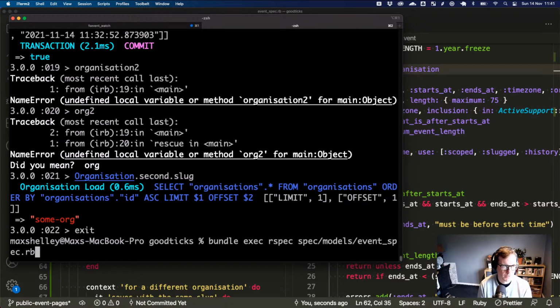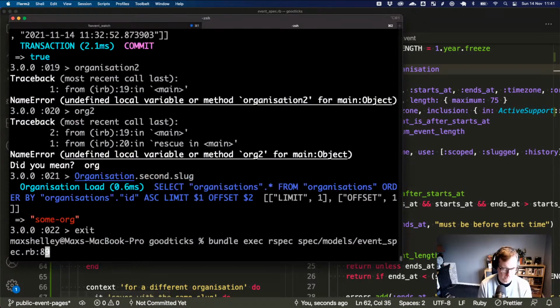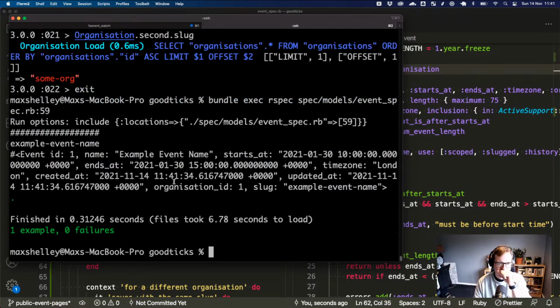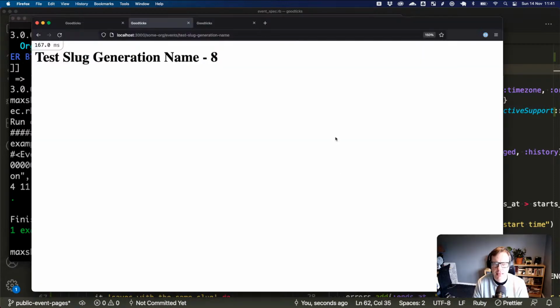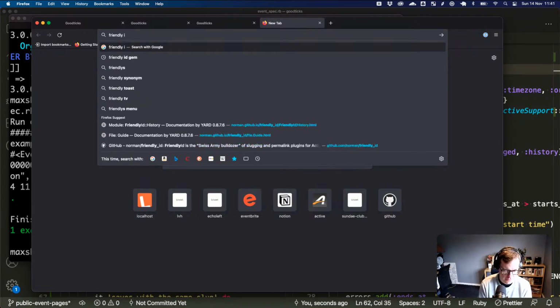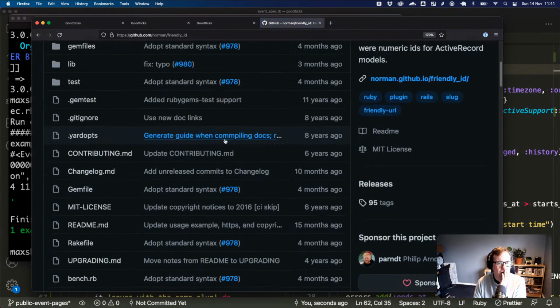Button exec aspect. And we only want to, what line did I just say? 89. 59. Okay, so when that's not explicitly setting. Can you explicitly set the slug? I guess not, because we're telling friendly ID to use the name.